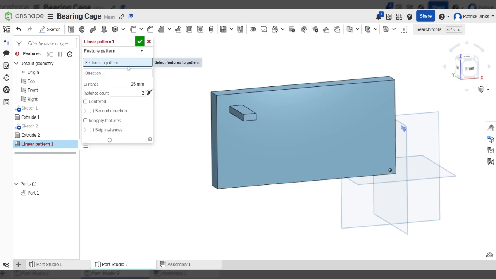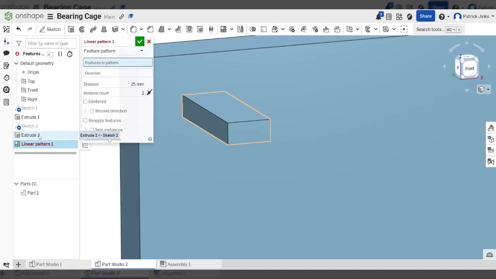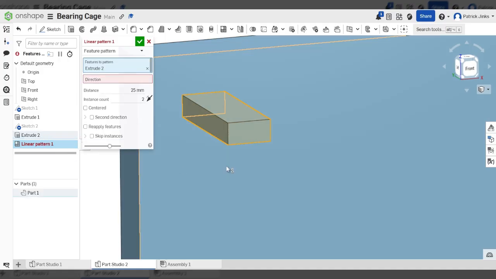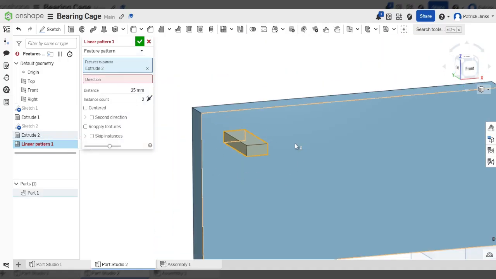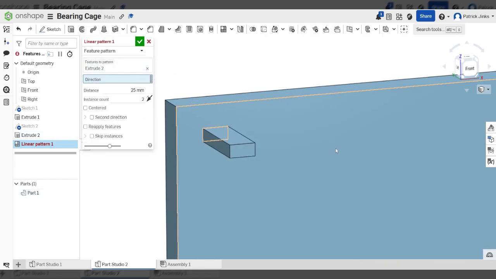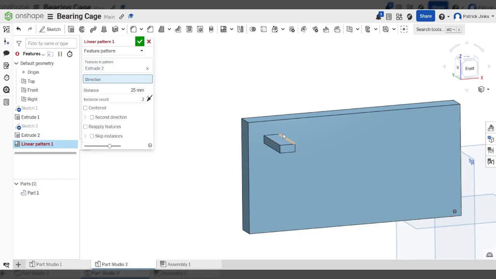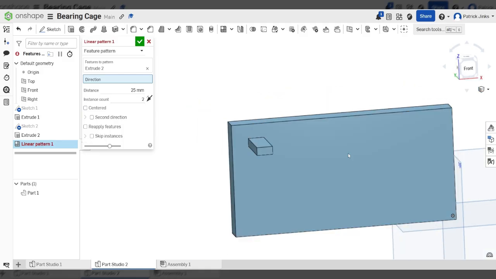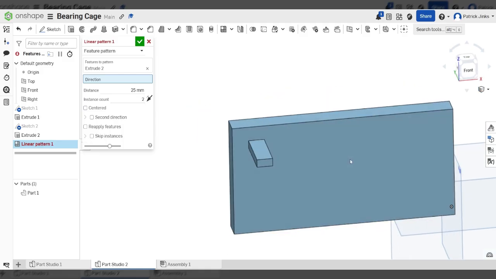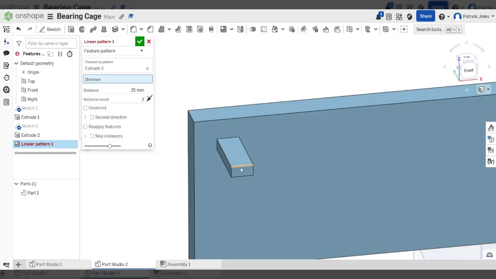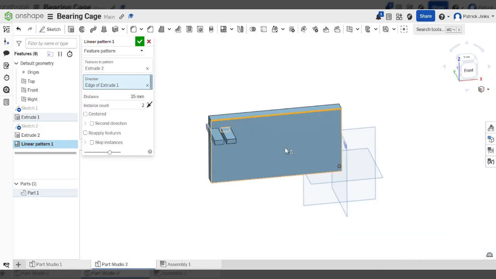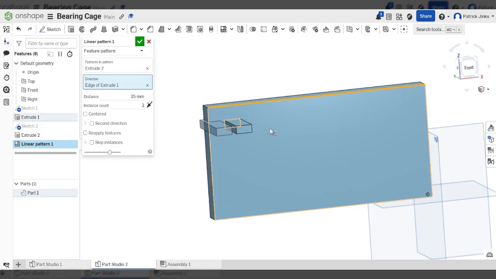Features to pattern, I can either click my extrude here in my activity bar, or I can just click on the extrude shape. I'm going to click on it there so I know that everything's highlighted. Direction, it's just going to be a coat hanger and it's going to go all the way along. I'm going to click one of the lines which is parallel to the direction I want to draw it in. So that is either this line here, this line, this line. I'm going to pick that line. And you'll see that we get a repeat